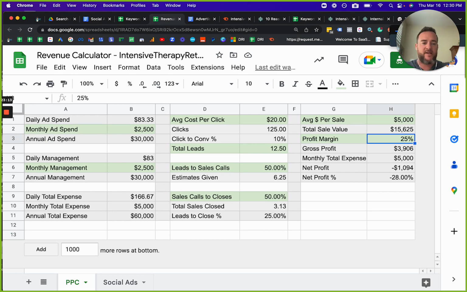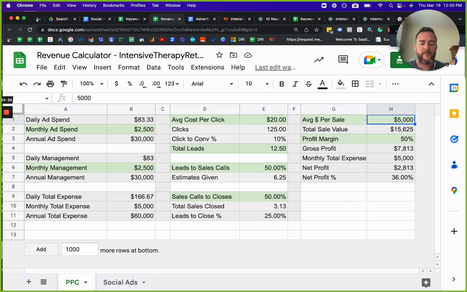So with that being said, on top of this, if we change the profit margin to 75% from 25%, you're already net profit positive at 57%. So that's a huge thing to consider, what you would want to calculate as a profit margin. If we moved it to 50%, you're 36% net profit positive in a worst case scenario. That's what I want to emphasize, this is all meant to be worst case scenario.